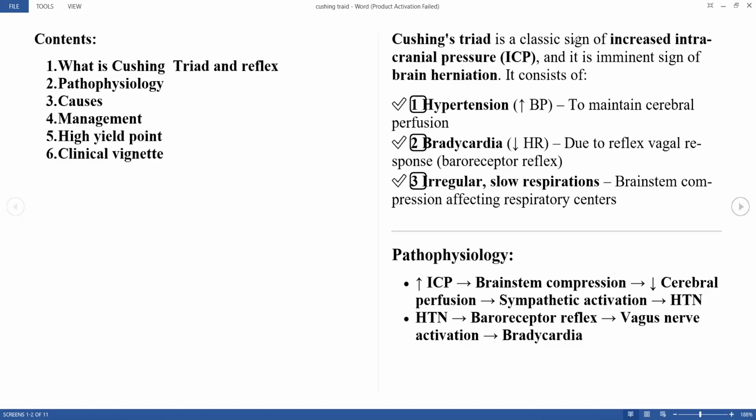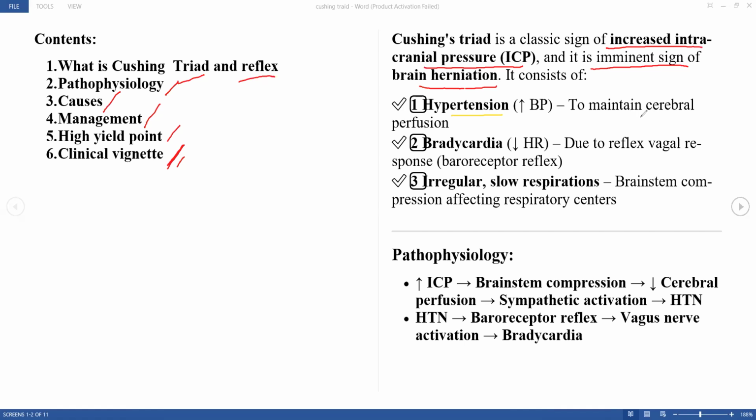In this video, I am going to discuss what a Cushing triad and reflex is, its pathophysiology, its causes, its management, and high yield points related to the Cushing triad, along with a clinical vignette and cases. So, the Cushing triad is a classic sign of increased intracranial pressure, and it is an imminent sign of brain herniation. It consists of